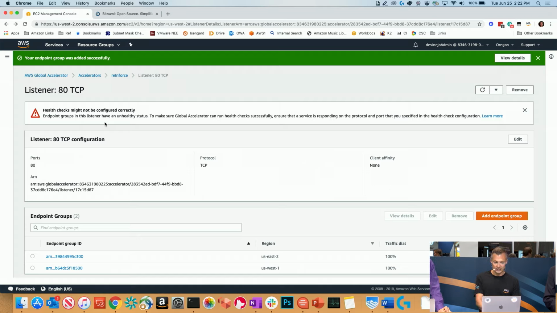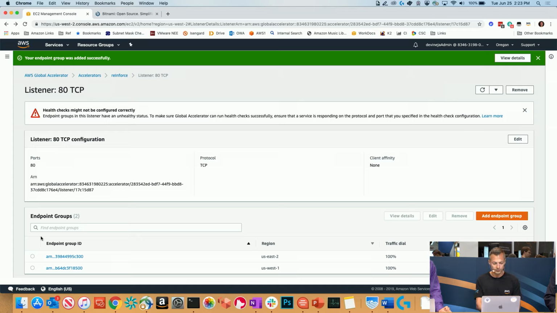Since this is just added, you'll see here there's a red mark. The health checks haven't had time to check this to make sure it's healthy yet. But I can now see I have US West 1 and US East 2. So I have my application running on both coasts now, running through Global Accelerator. And if one of them were to fail, my traffic would automatically fail over to the other one. And I'm also able to serve traffic from the load balancer in the closest region.